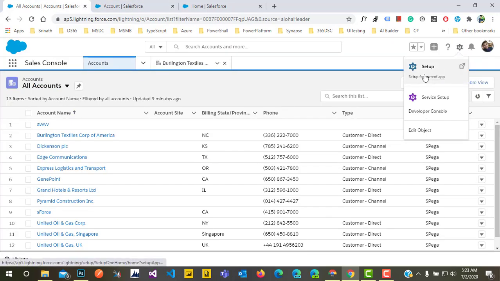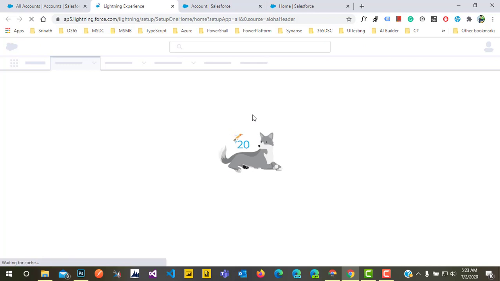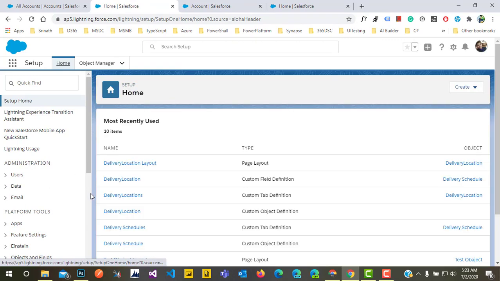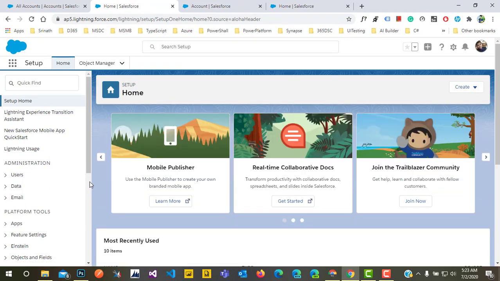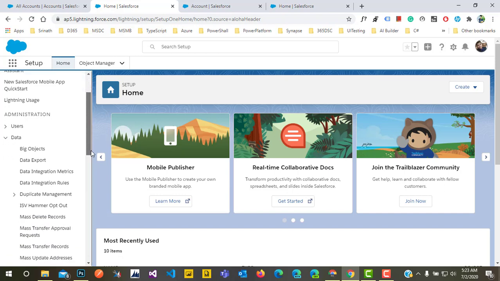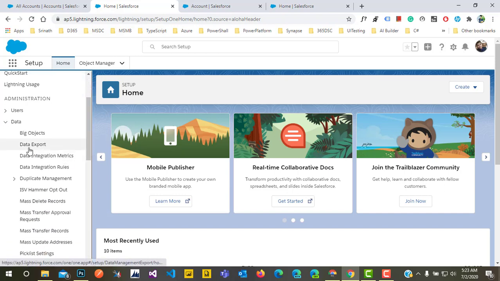We'll go to Setup, and open up the Object Manager. Let's go to the left panel, Data, scroll down. Here we have Data Export.